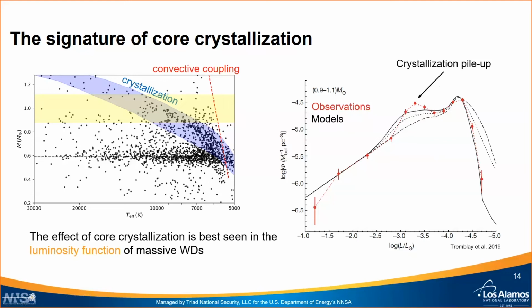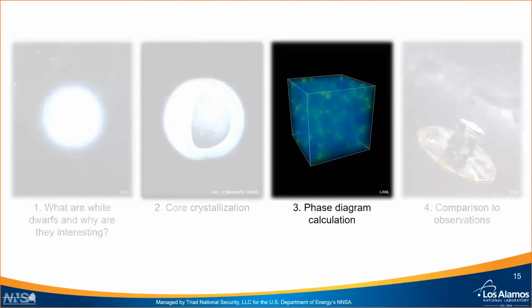We like to say that white dwarfs are very precise cosmic clocks, but this kind of result tells us that we need to go back to our models. And until we can resolve this problem, we have to take the age determinations with a grain of salt. So this is what motivated us to start working on the calculation of phase diagrams for dense plasmas,